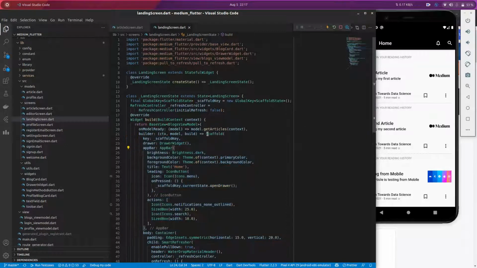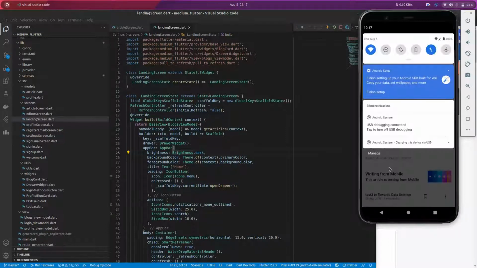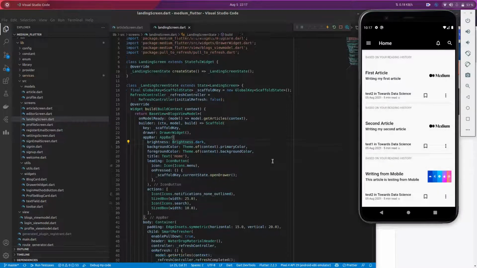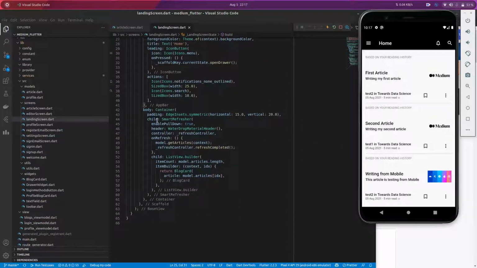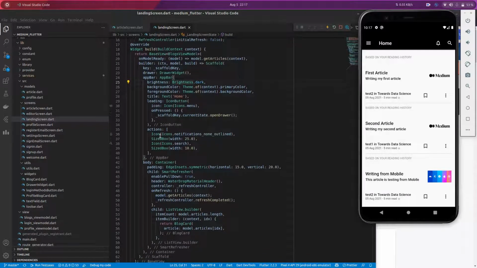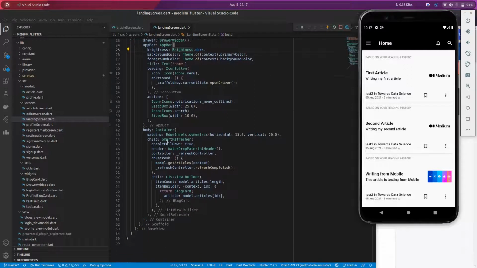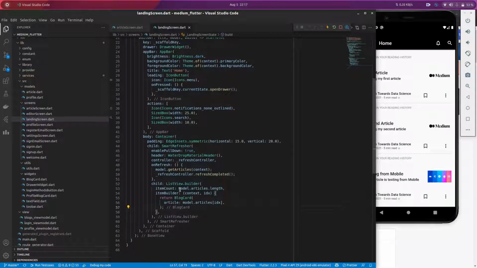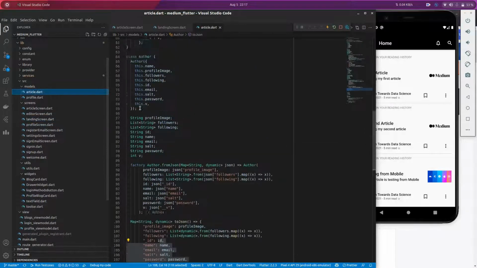And this is a simple scaffold function with a drawer widget on the left hand side of the screen. And whenever the data comes, let me show you where the data is. This is the scoper, this is the app bar, this is the action, this is a container, this is a smart refresher. Yeah, this is the list view builder, so whenever our data comes, it is stored in our model, and this model is here, articles.dart.